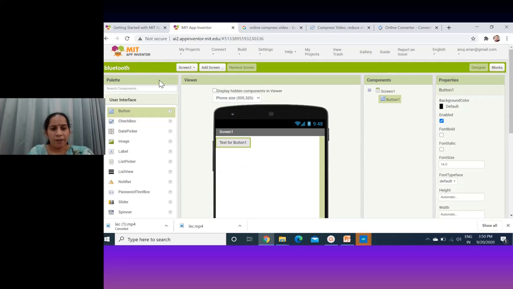On the left hand side, all the possibilities are there: button, checkbox, date picker, whatever you want to design, you just have to drag and drop here, right? It's a simple way to create an app. You can create a Bluetooth app in just 5 to 10 minutes. So it's a very convenient way to develop.